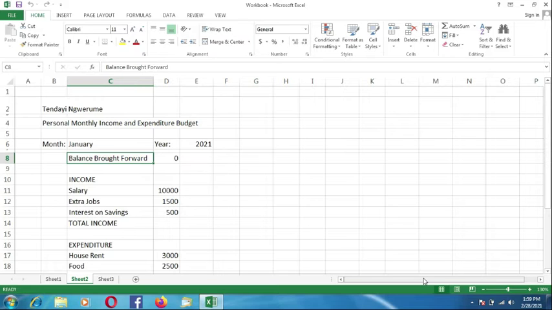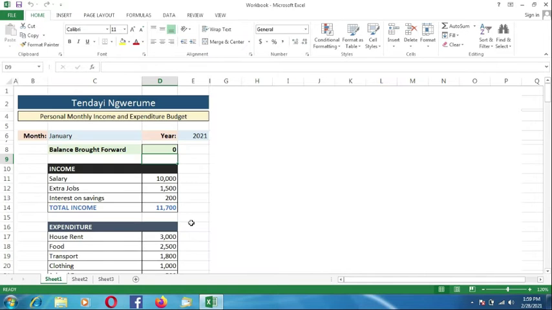Welcome to this module where we are going to start formatting this document. Remember, formatting means changing the appearance of the document as opposed to editing, which is changing the contents of the document. So we are going to change the appearance so that it looks the same as the template that we are copying. So the first thing we realize is that the name on top is in one big cell that